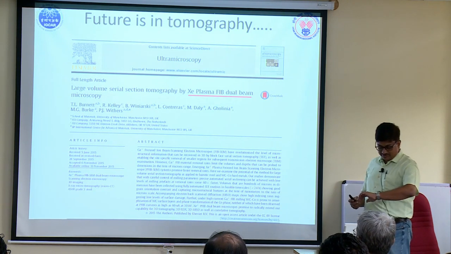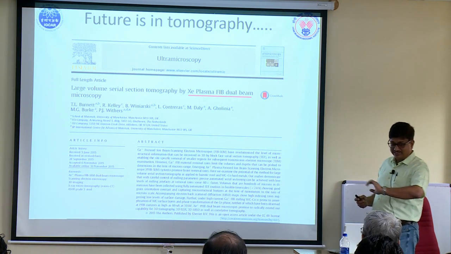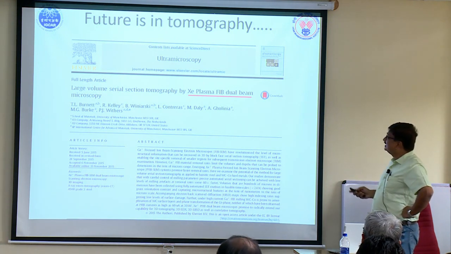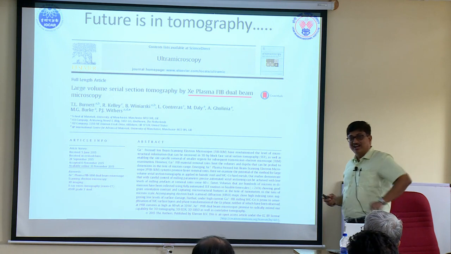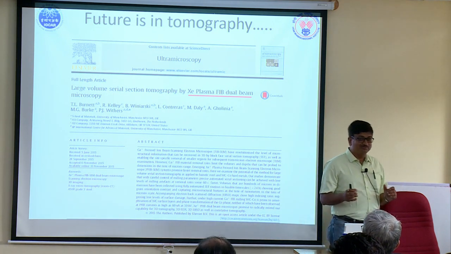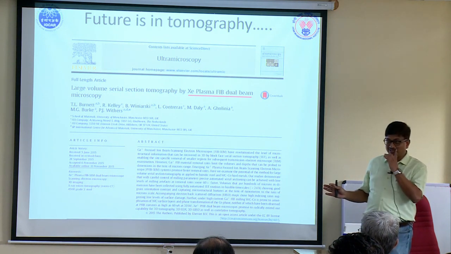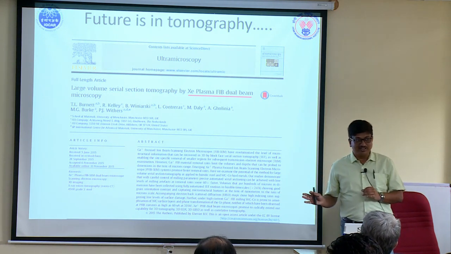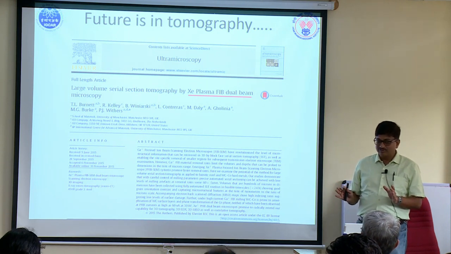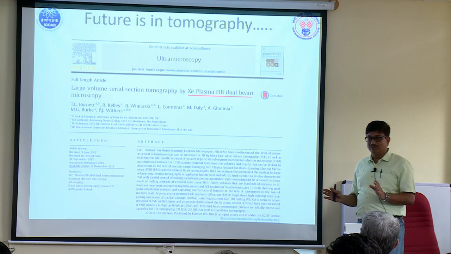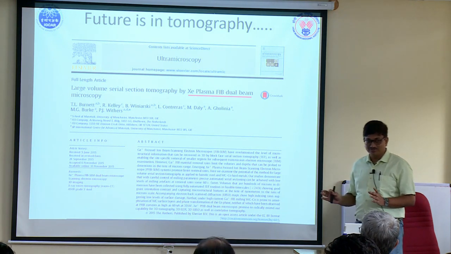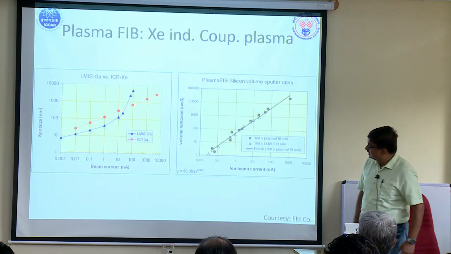A little bit before I finish, I think I am on time, very good on time. So basically what is coming up, and I am sure all the manufacturers of the dual beam microscopes are working on it, FEI, ZEISS, they are all working on it. It should be in the market in 1.5 to 2 years. So you will not have a gallium column anymore. You are going to have the plasma column, a xenon plasma column. The paper is already there in Ultramicroscopy. You can download and read.